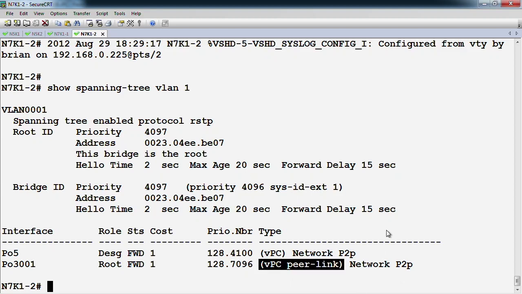So it's not the normal behavior of spanning tree. From the downstream switch's perspective, we're now receiving BPDUs in all of the ports, but they're all equal. It's the same priority, and it's the same bridge ID that's coming in. Okay, the reason why you would want to do this, we're going to talk about a little bit later,